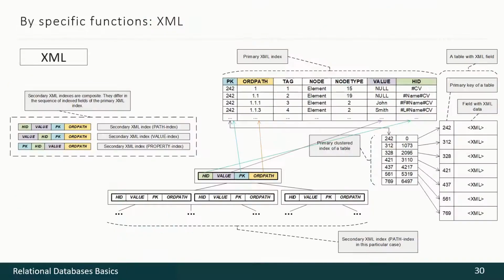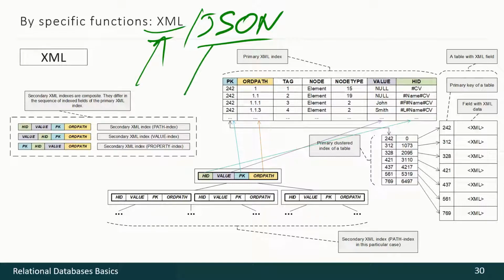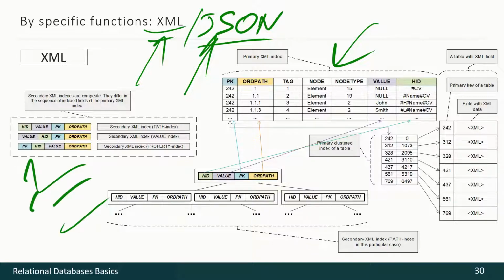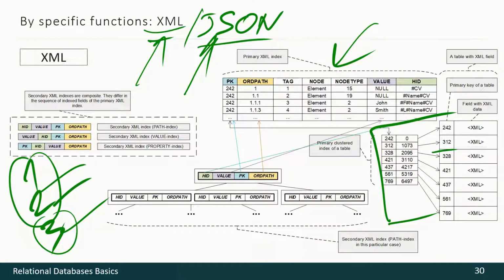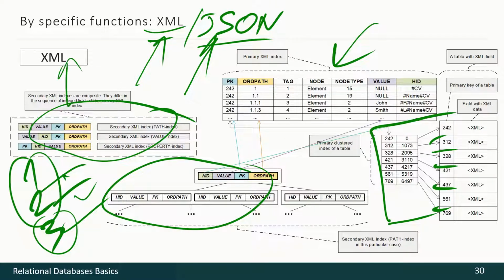XML, or in some cases JSON indexes, are tricky ones. Someone may even say that neither XML nor JSON are relational database compatible things. But nevertheless, because such formats are extremely popular nowadays, such indexes exist. As you can see, they are rather complex indexes, and they are usually multi-level indexes, usually with 2 or maybe 3 levels. On the first level, some records are indexed, and on other levels, the contents of the XML or JSON file are indexed.